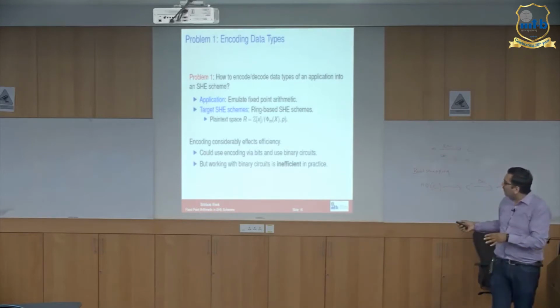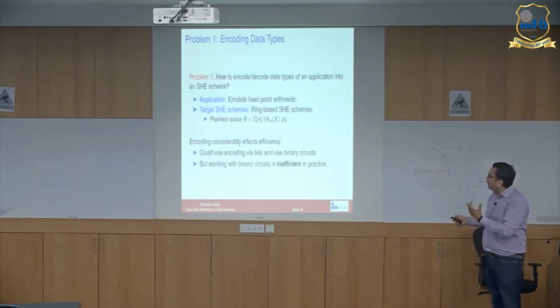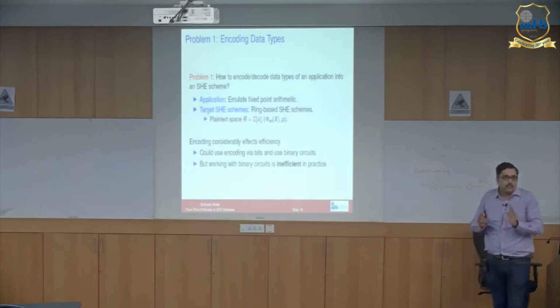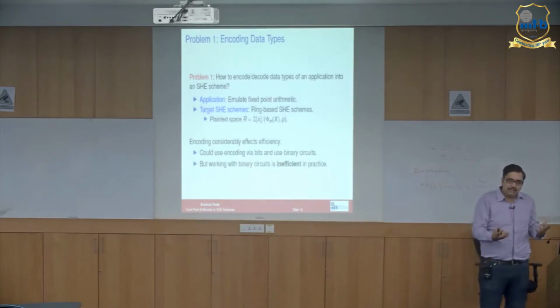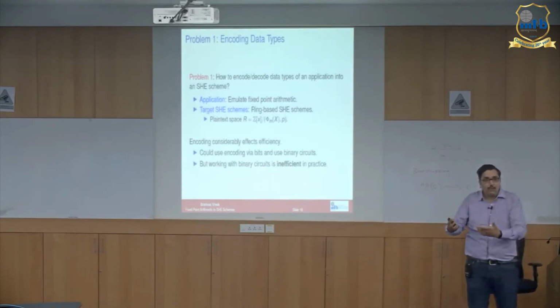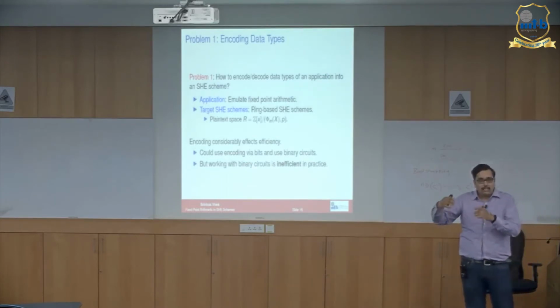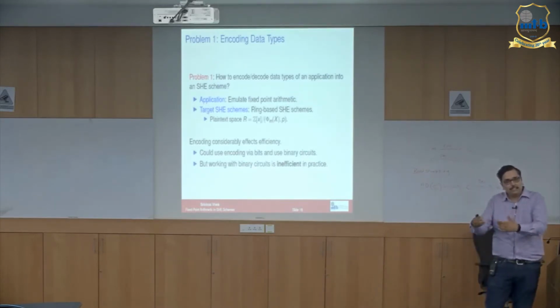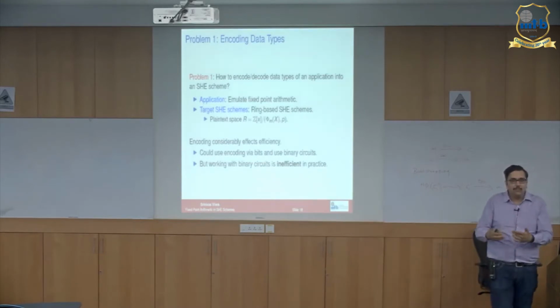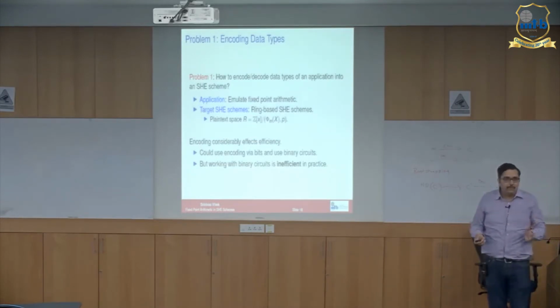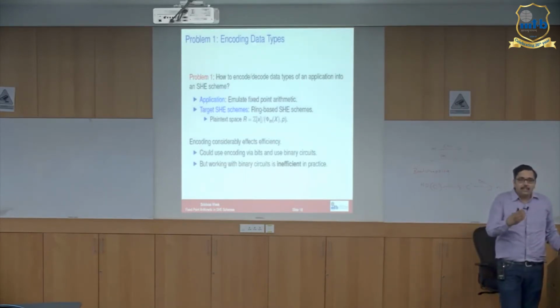So in this work we see how to emulate this fixed point arithmetic and how to derive parameters for this. So that's all we do. We are not really constructing a new homomorphic encryption scheme. It's just that we are studying the existing scheme and looking at it from the application point of view of performing fixed point arithmetic. But what is really interesting, the takeaway before I get into details, is